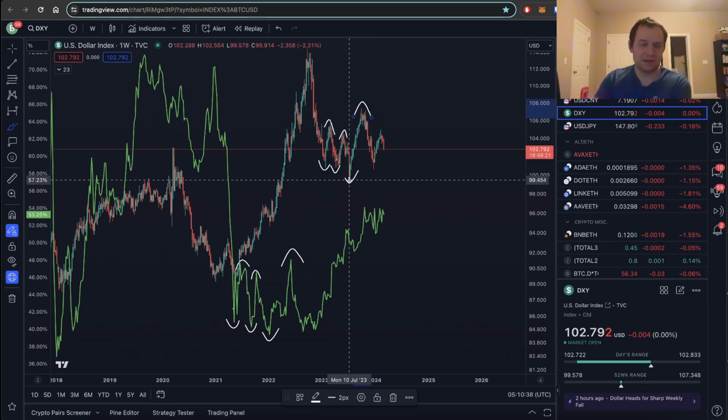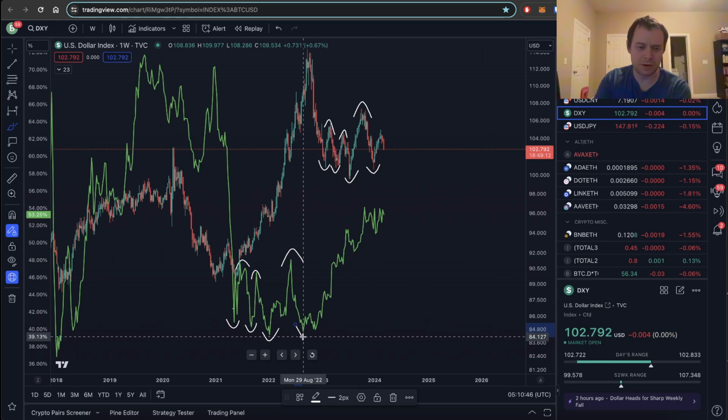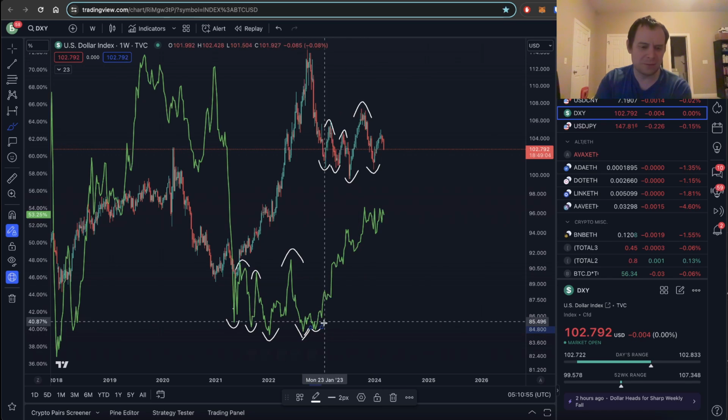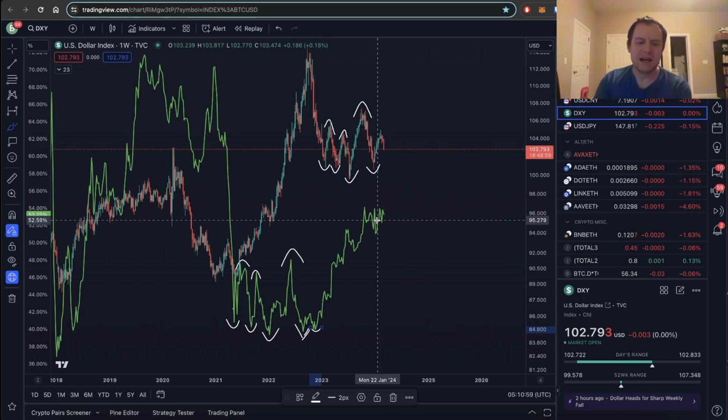And then what ultimately happened with the dollar is that it came back down and formed a higher low, just like Bitcoin dominance came back down and formed a higher low. Bitcoin dominance had a slightly higher low, more or less a double bottom. But if you look at daily wicks and whatnot, it was a higher low. And it was also a rejection off the bull market support band, which essentially is what we've seen here by